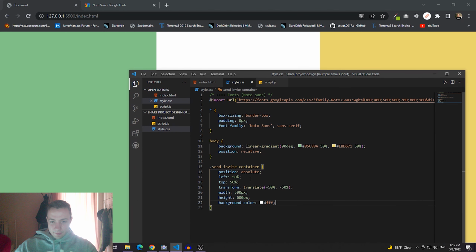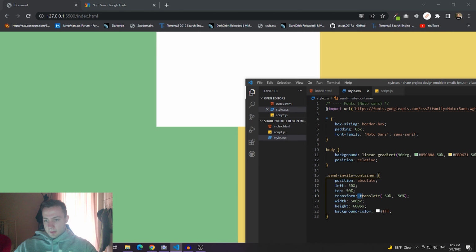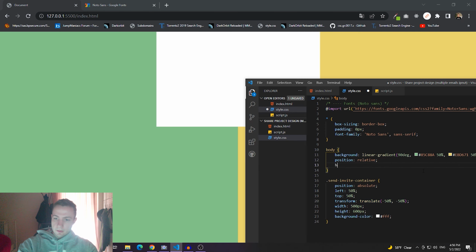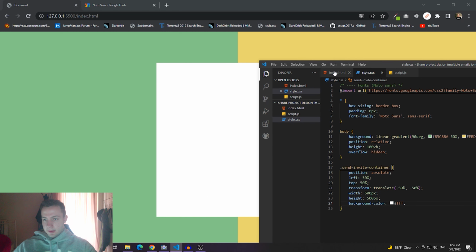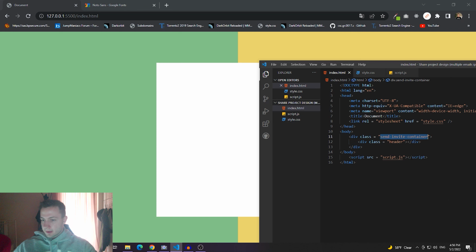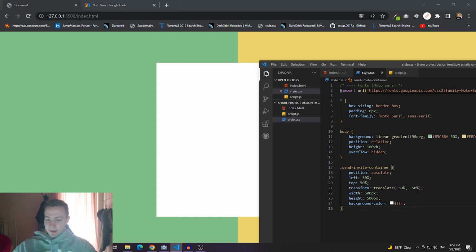Not what I wanted actually. Well, this should work, but the body doesn't have an actual height, so that's why it doesn't work. Yeah, there we go. So now we have this right here, huh? I'm just gonna take the header and style it. So I'm gonna take the header from here